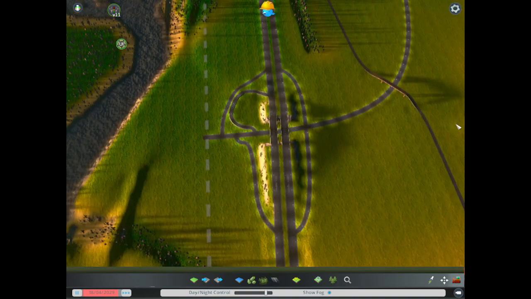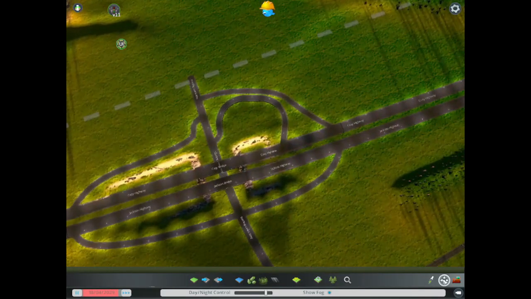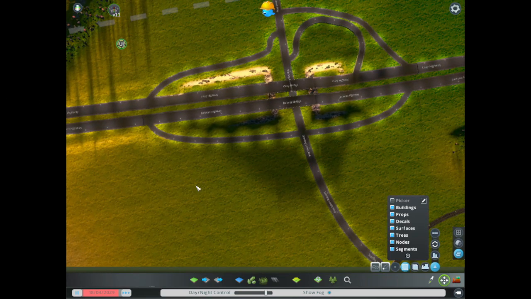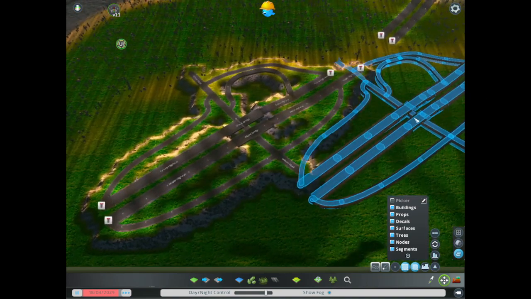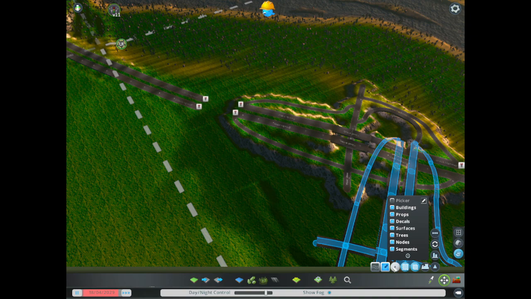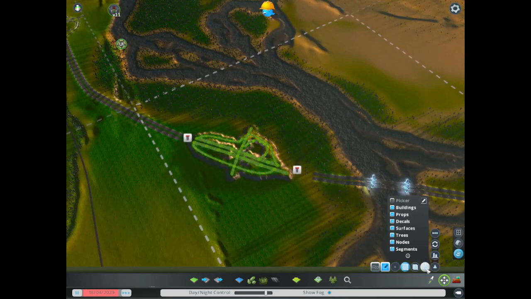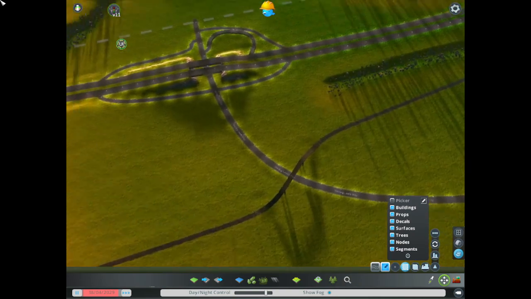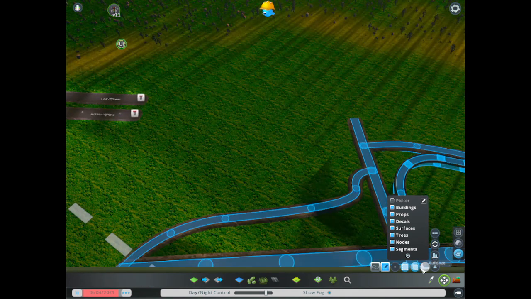Okay, so I recreated it. I'm going to save the map. It's saved. Okay, Move It mod time. That didn't work. So what is it that I am doing wrong here? Okay, that's still extant and not dead. That's good. And then